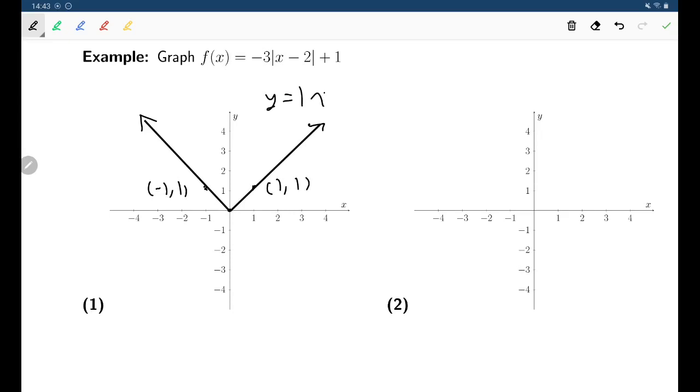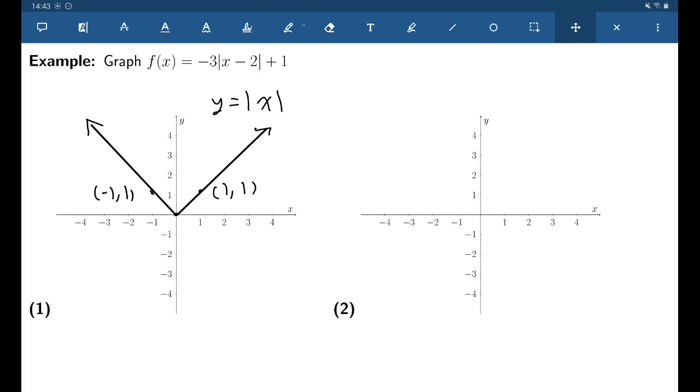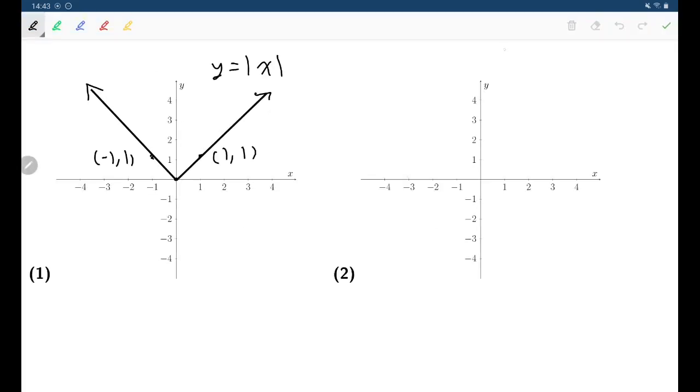And there we go. So that's our first graph, y equals absolute value of x. That's our basic shape, a nice well-labeled graph. And now the next thing that I'm going to do is carry out my first transformation, and that would be my horizontal shift. The x minus 2 is telling me that we're going to be shifting our graph 2 units to the right. So the graph that I'll be plotting here will be absolute value of x minus 2, and